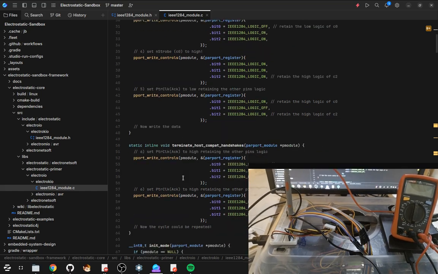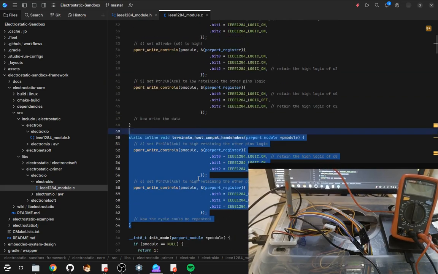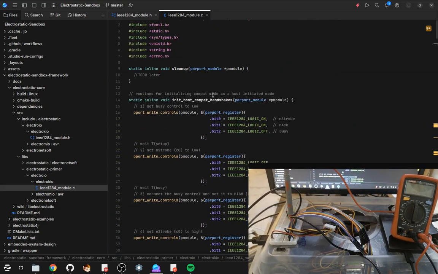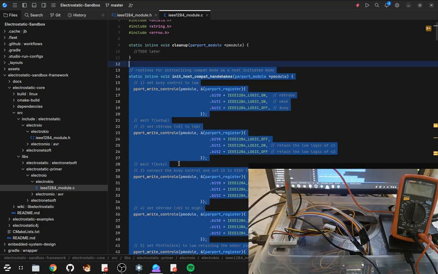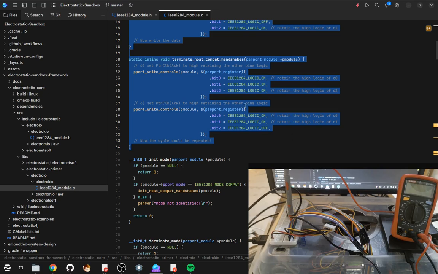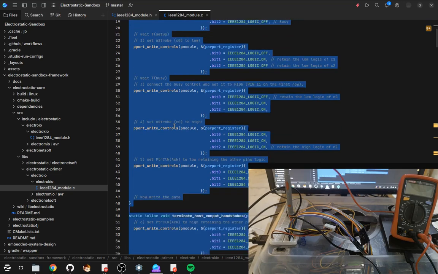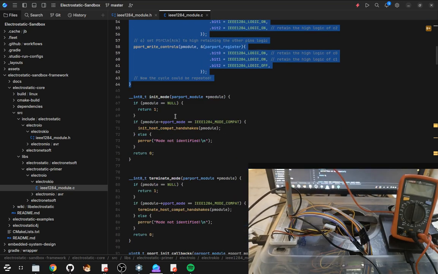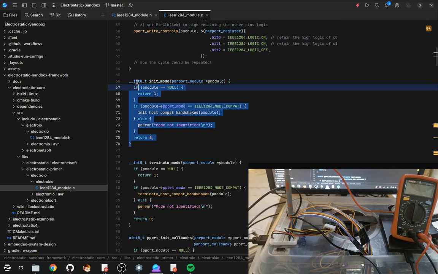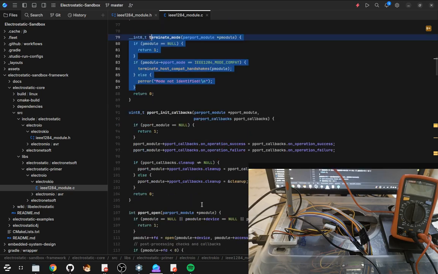And then we have the ElectroKIO here. This is the source file. This will be the source code for the library. And those are for the old printer data line. This is a host compat handshake mode. This is obsolete. Literally, they are obsolete. You could do this on your own using the write and read, using the write controls part. Anyway,